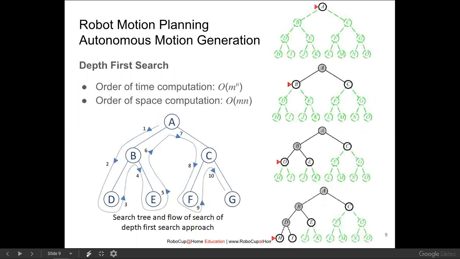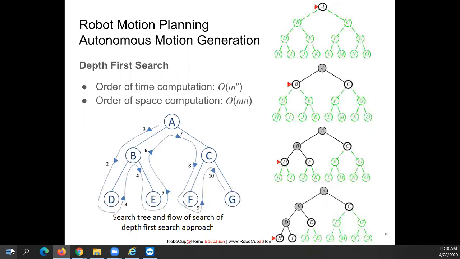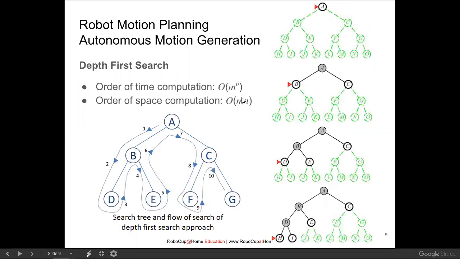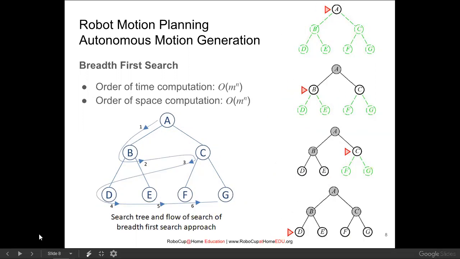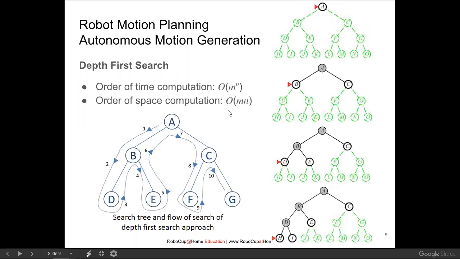Then the second one is depth first search. So you prioritize the depth rather than the width. And you can see the computing space is actually much smaller compared to the previous one. If you compare this to this one, this value is much smaller. Why is it smaller? Because this time we are going to have some policy to choose one of the options and go down further,